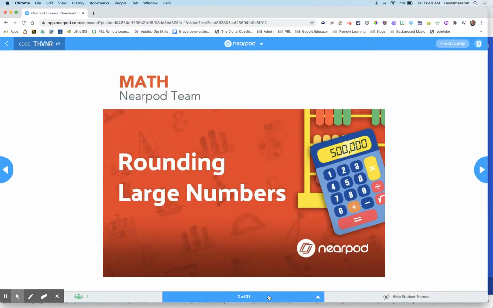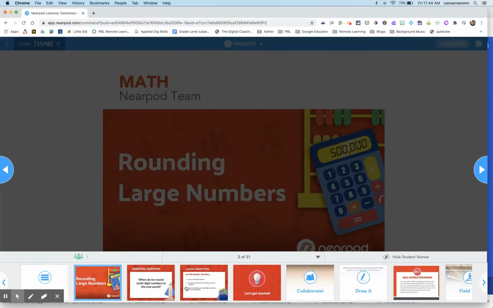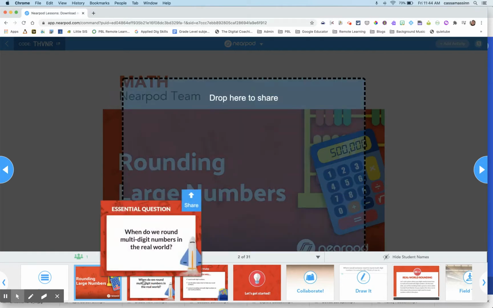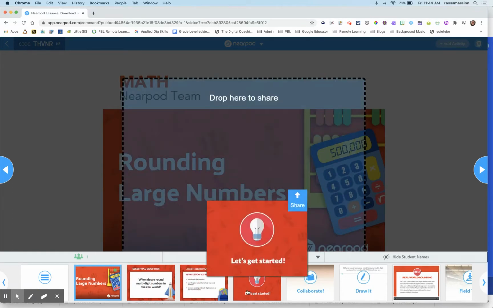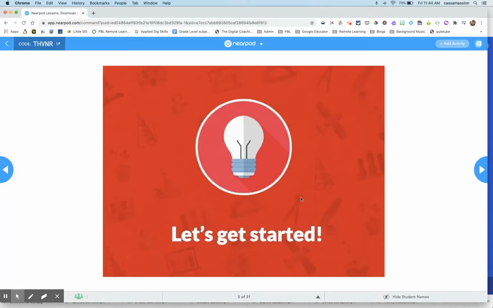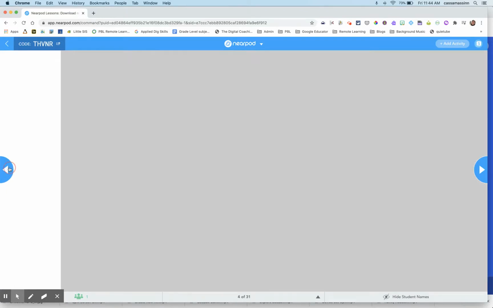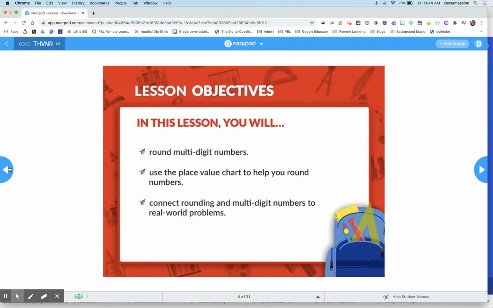Down here at the bottom, if I click, I can pull up all of my slides. So if I wish to skip over slides, I can do so. If I wanted to go right to this Let's Get Started slide, I would click on that and then click Share. Takes me right to that slide, and that's what my students see. So if I had wanted to skip this slide, I'd be able to do that easily without having to scroll